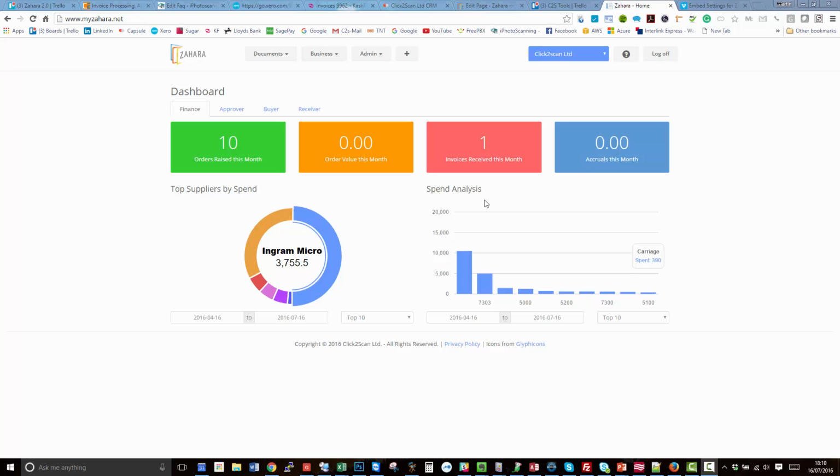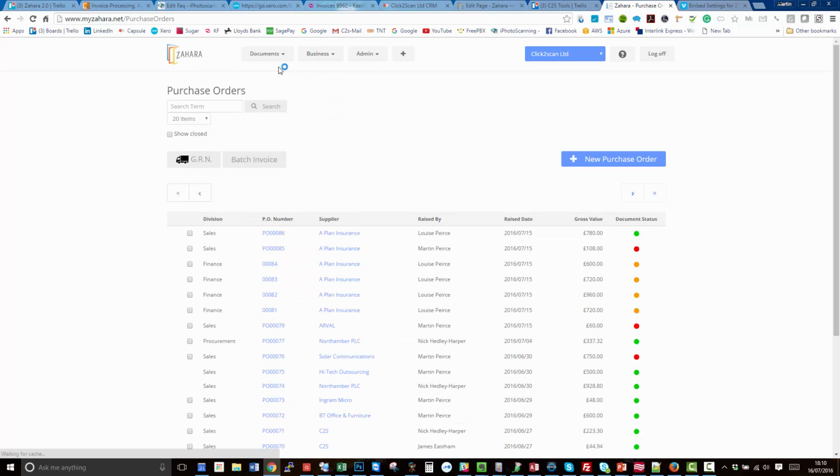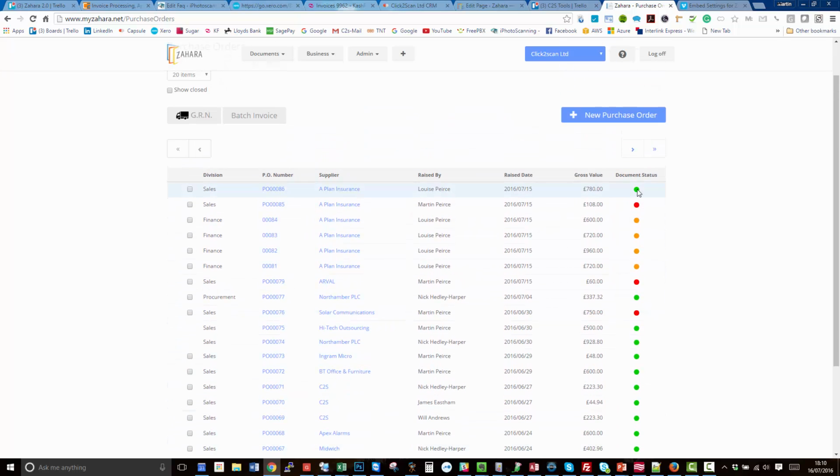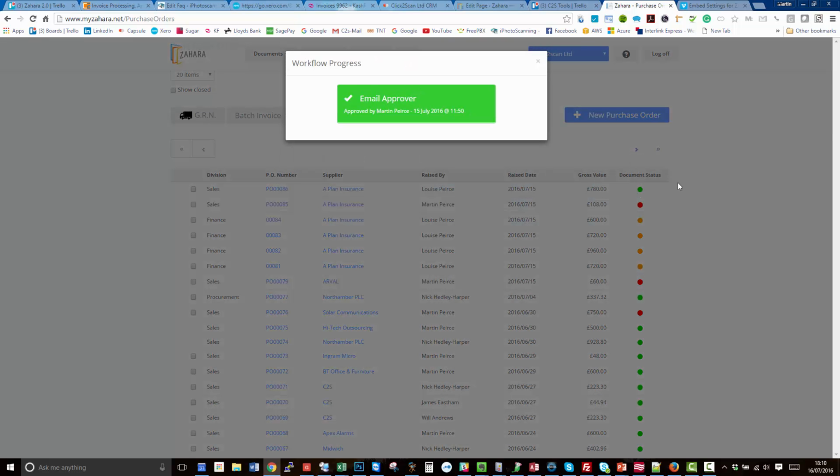So in this video we're going to look at approvals and workflows in Actions. You can see them straight away when you go into documents and purchase orders, or documents and invoices. Basically what we're looking at is the status down here, of a request, a purchase order or an invoice. For example, if we click on the green dot there, it says it was approved by Martin Pierce, 15th